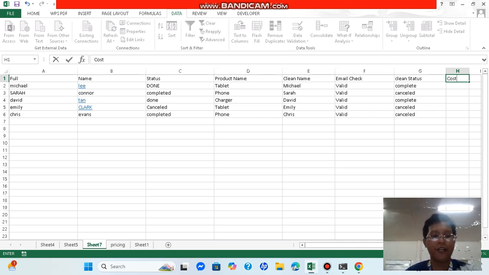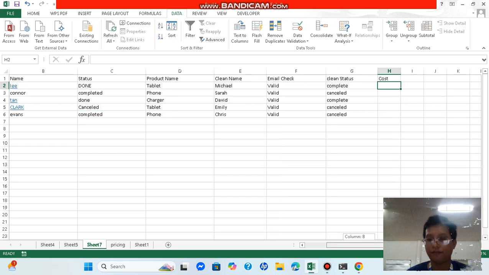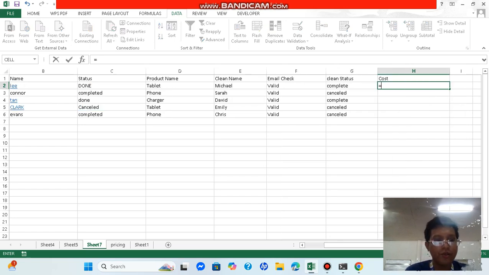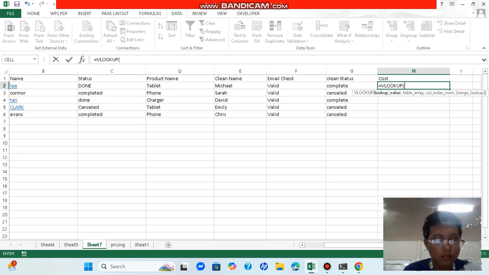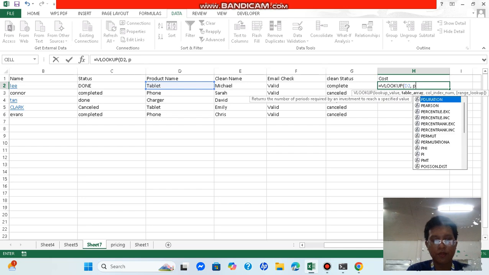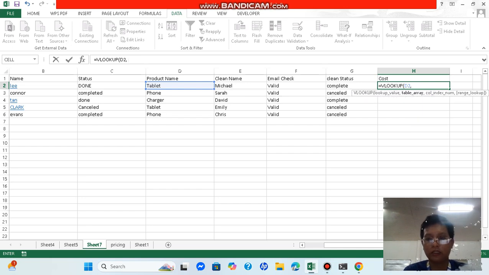Okay, is equals to, let's do VLOOKUP, then the pricing, to false.